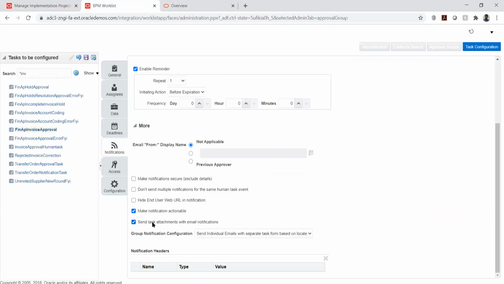Similarly, send task attachment with the email notification. That is regarding the email only. So if we want to send